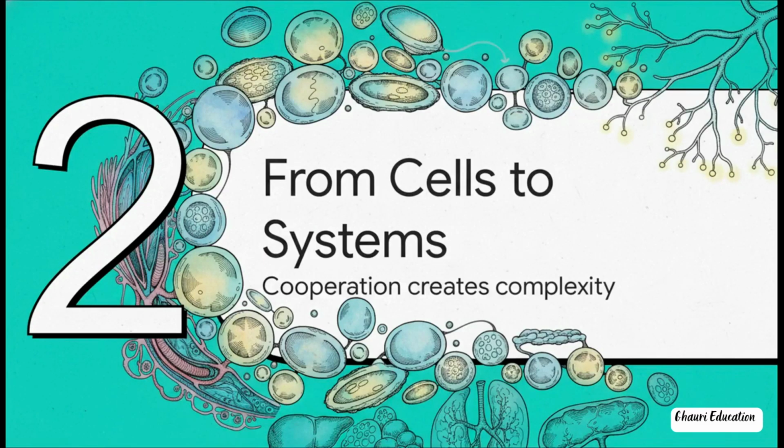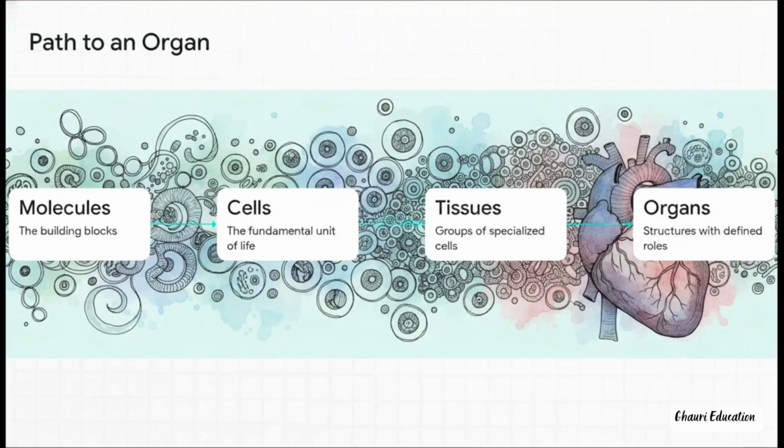Okay, but in complex life forms like us, cells almost never work alone. They team up. And it's this cooperation, this teamwork, that unlocks the next level of awesome complexity. What's so cool about this is how it maps out our journey so far. We started with molecules, right? And those built cells. Now we're seeing how cells build tissues and how those tissues build organs. You can totally see the pattern emerging, this step-by-step construction.